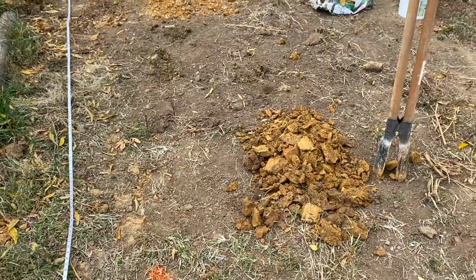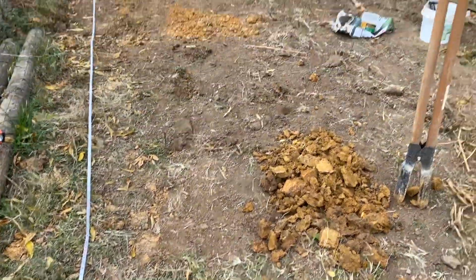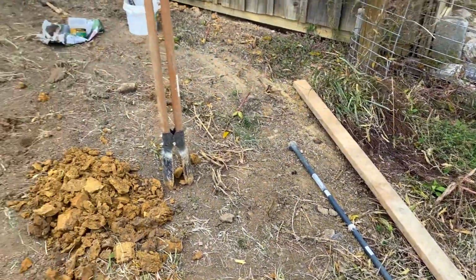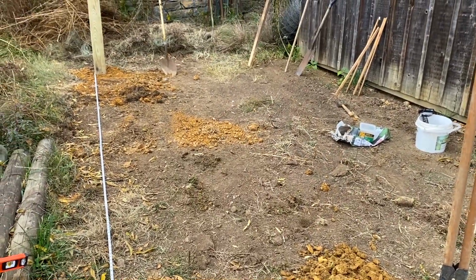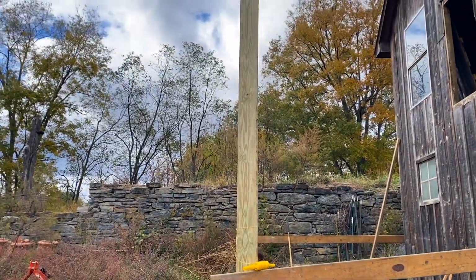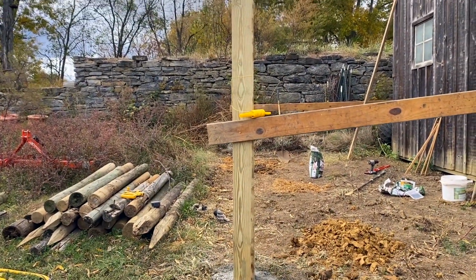Once again, the ground at clay is as hard as it can be. So I'm getting through it slowly but surely. This breaker bar is my best friend right now, although it is a shoulder workout. So I'm getting my homestead CrossFit in today. I said these posts were fairly straight, so I can't really argue about that. But they are plumb,